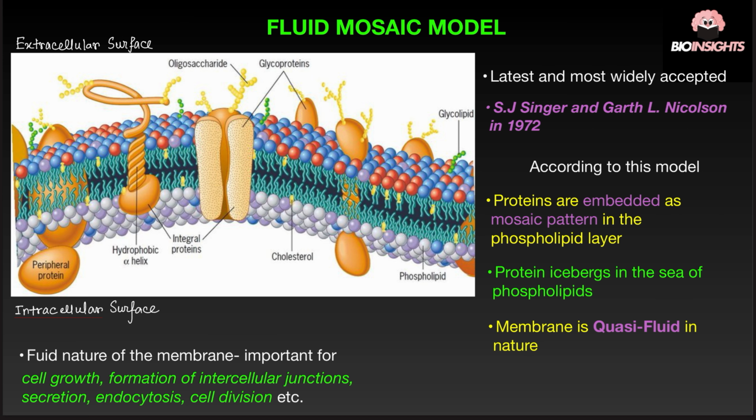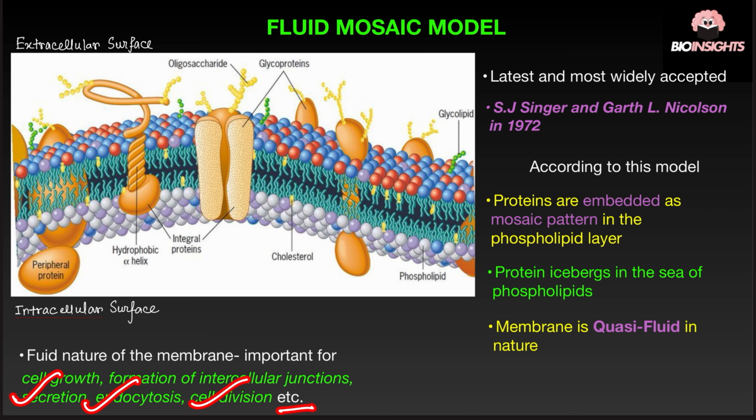Now imagine the cell membrane as a sea of oil where proteins are floating like icebergs, constantly shifting and moving. So this is called the protein icebergs in the sea of phospholipids. The membrane is not solid, it's quasi-fluid in nature, meaning semi-fluid or partly fluid. This fluid nature is important for cellular functioning such as cell growth, formation of intracellular junctions, secretion,